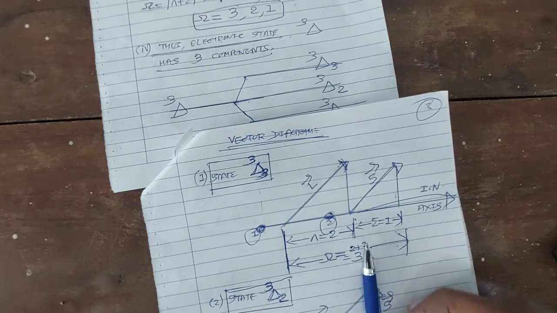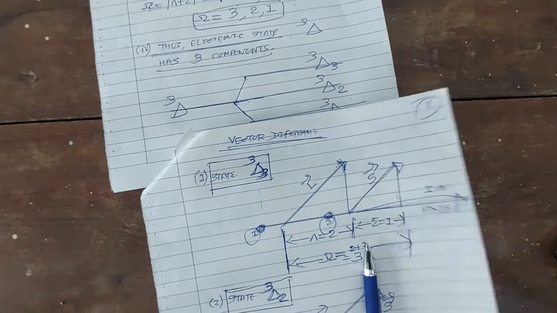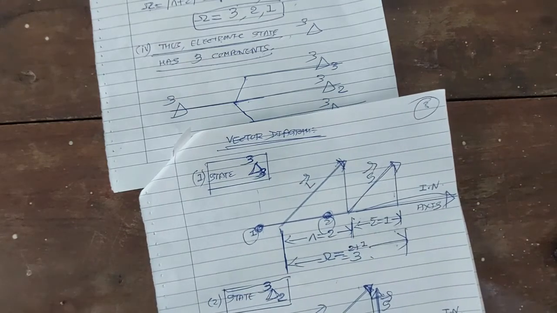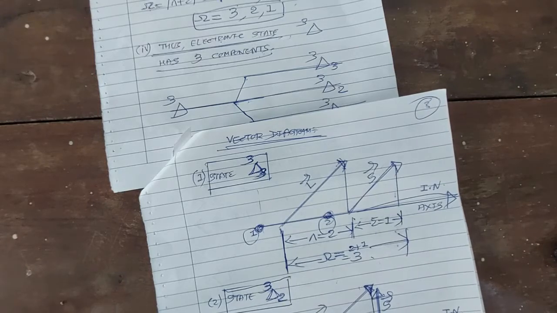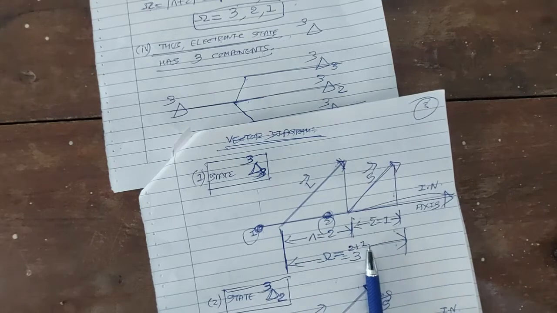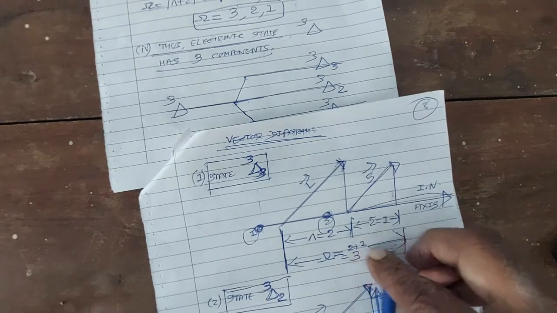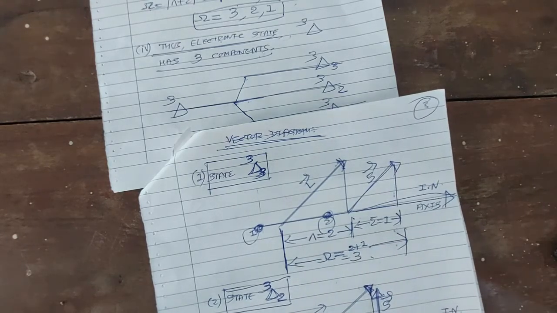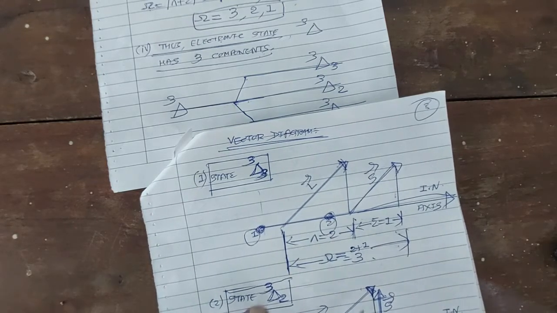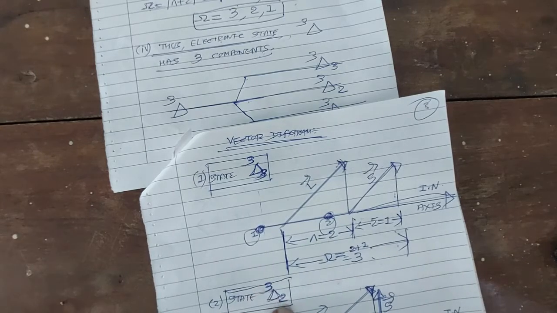If the direction of spin vector S is perpendicular to the internuclear axis, then the component of spin vector S along the internuclear axis will be 0. So total quantum number omega will be lambda plus sigma. Lambda is 2. Spin vector is perpendicular to the internuclear axis, so its component along the internuclear axis, sigma, is 0. So total quantum number will be lambda plus sigma, 2 plus 0, that is 2. Okay. So this is the vector diagram for state delta 3 2, and total quantum number is 2.